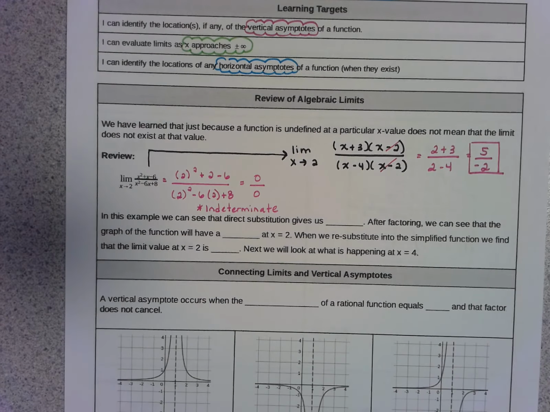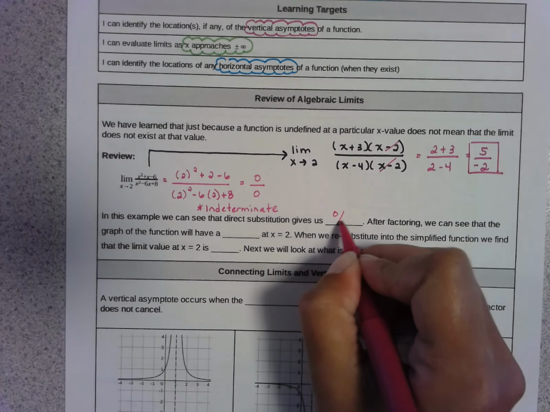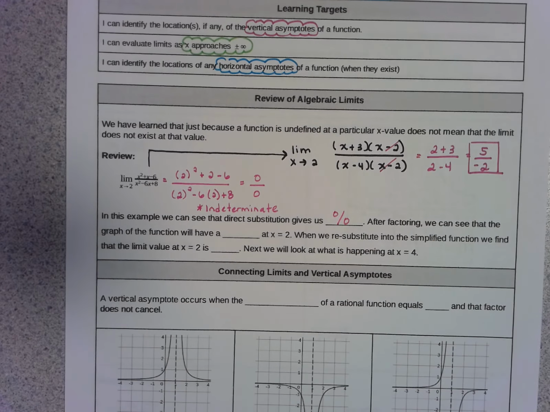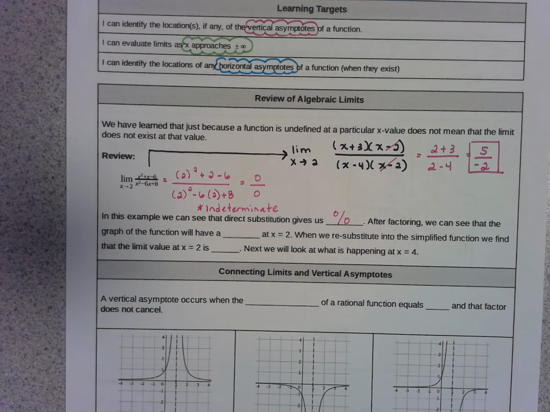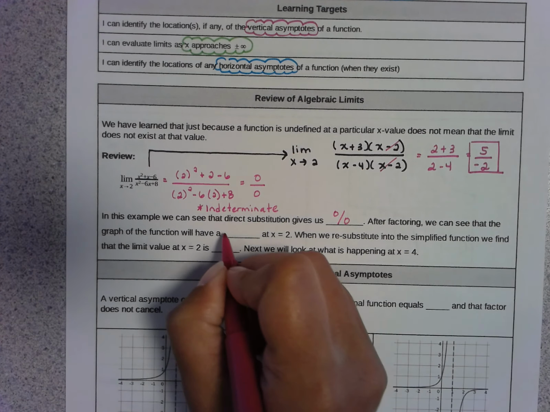So again, going back to what we started with here in this box, we've learned that just because a function is undefined, so we tried to substitute and it didn't work, does not mean that the limit does not exist. It means that we might have to do a little bit of work before we can figure out the value of the limit. In this example, we can see that direct substitution gives us 0 over 0, which we considered an indeterminate form. After factoring, we can see that the graph of a function will have a vertical asymptote